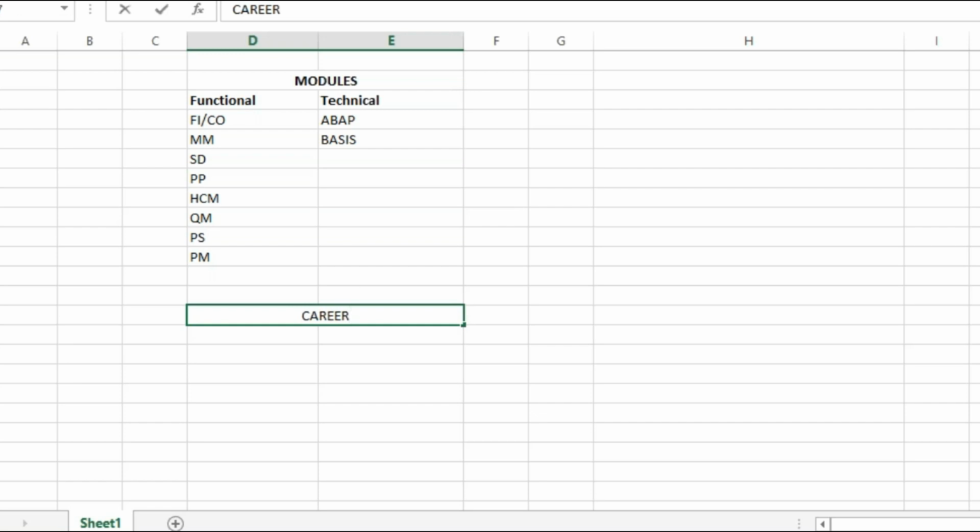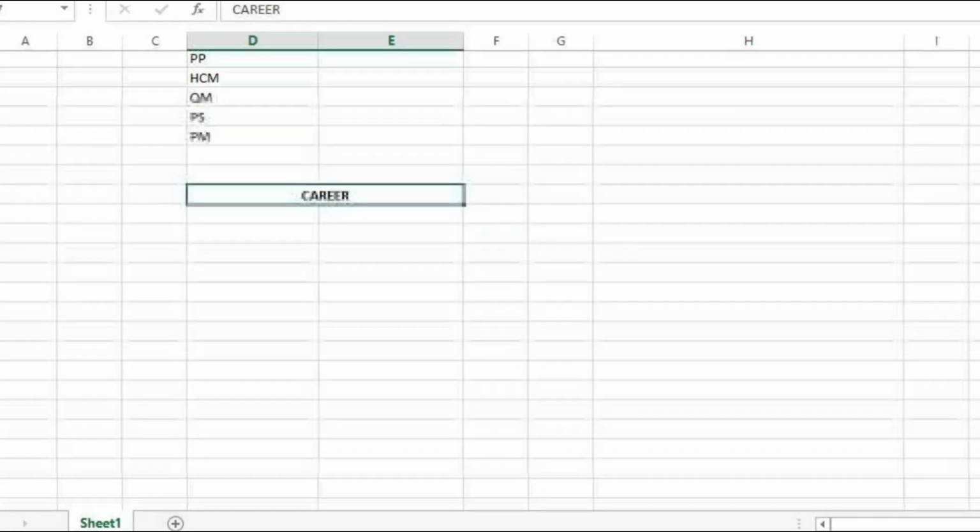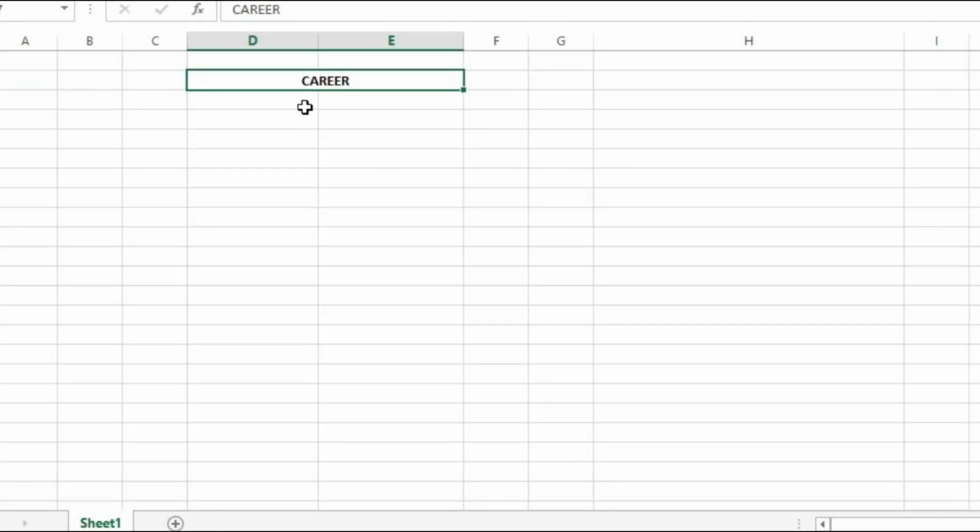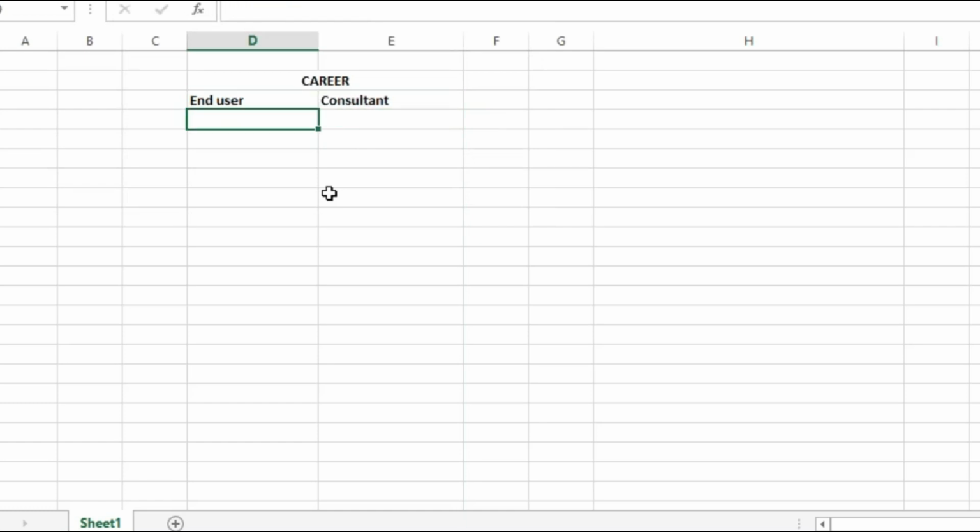Next, career opportunities. Now, there are two kinds of people essentially in a SAP environment. One is an end user. The other is a consultant. An end user is a person who posts their day-to-day transactions, who views the various reports, the financial statements for decision-making purposes.